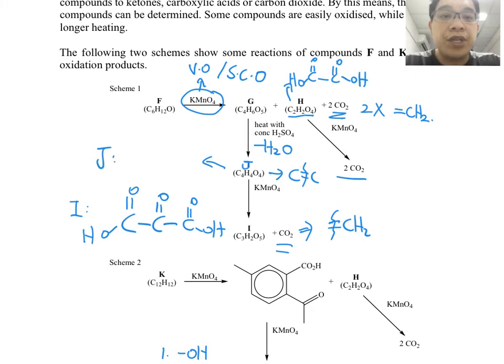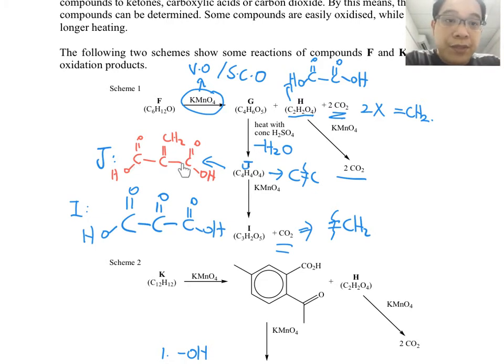So I'm going to write down J. Maybe this is how my J looks like. It's a different color. Maybe this is CH2. Then you click off, and you still can form your final product. But I also must verify whether it's correct or not. So let's check out. You have 4 carbon, 1, 2, 3, 4. You have 4 hydrogen, 1, 2, 3, 4, and 4 oxygen. And this looks logically correct.